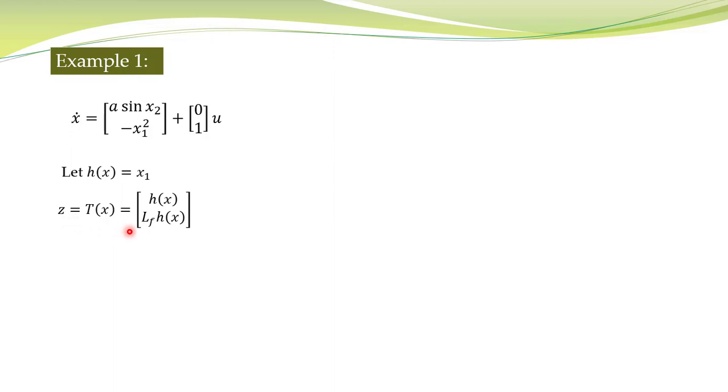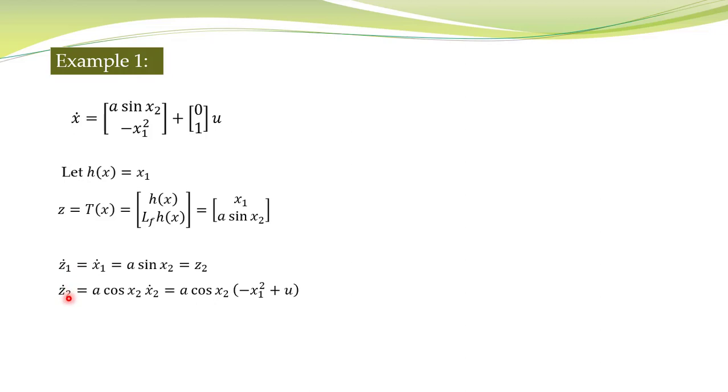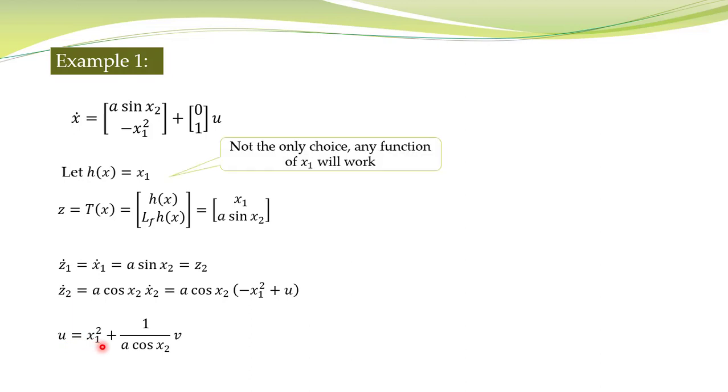This state transformation will be a diffeomorphism. Now everyone can compute this Lf h of x, and that is written over here. And once we have this state transformation, we can write the system in new state variables z1 and z2, that is given over here, and by definition of this control input, this system will be